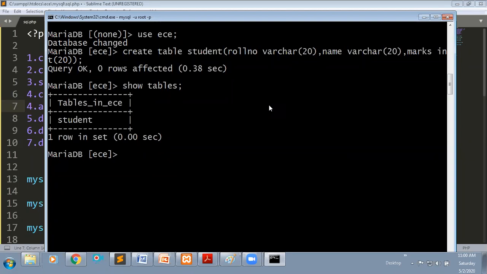table. Altering, for example, if you want to see what data types you have used here, just use the statement